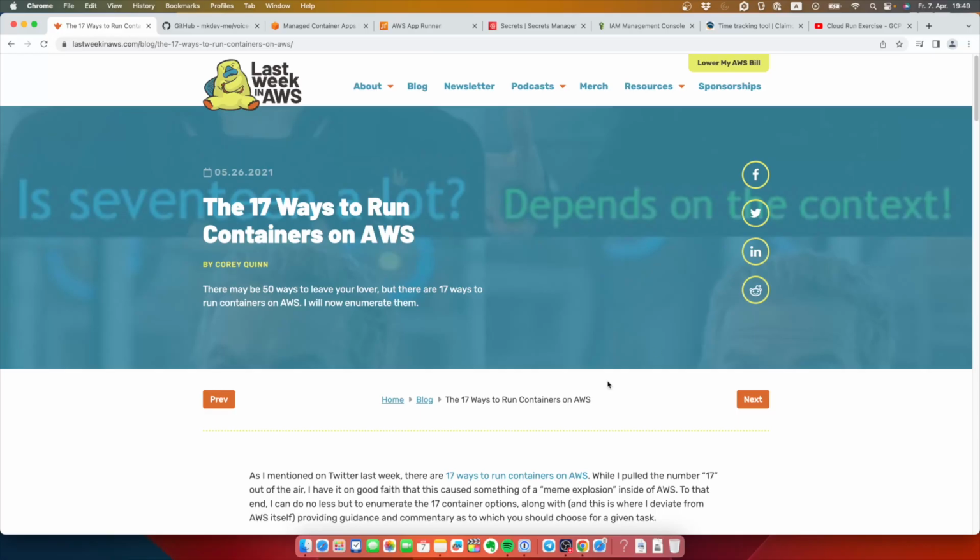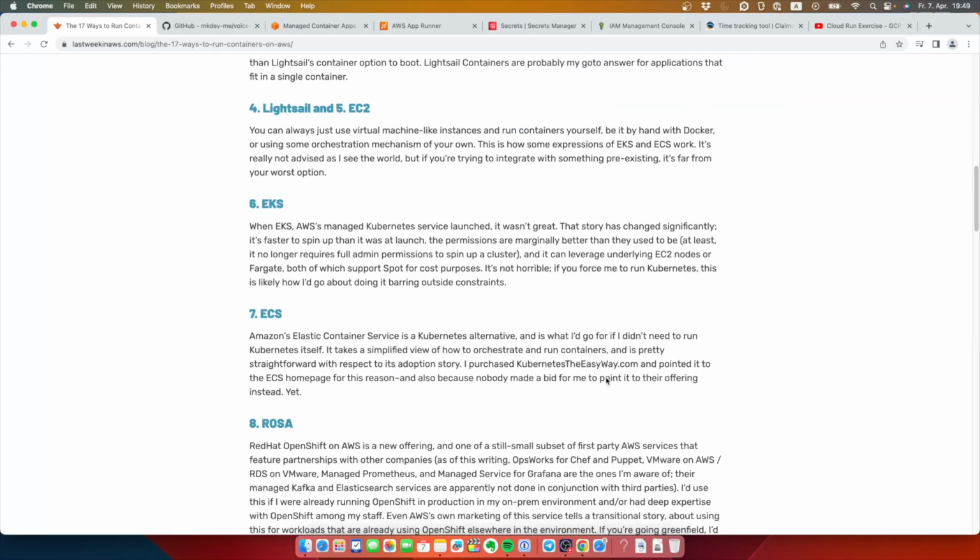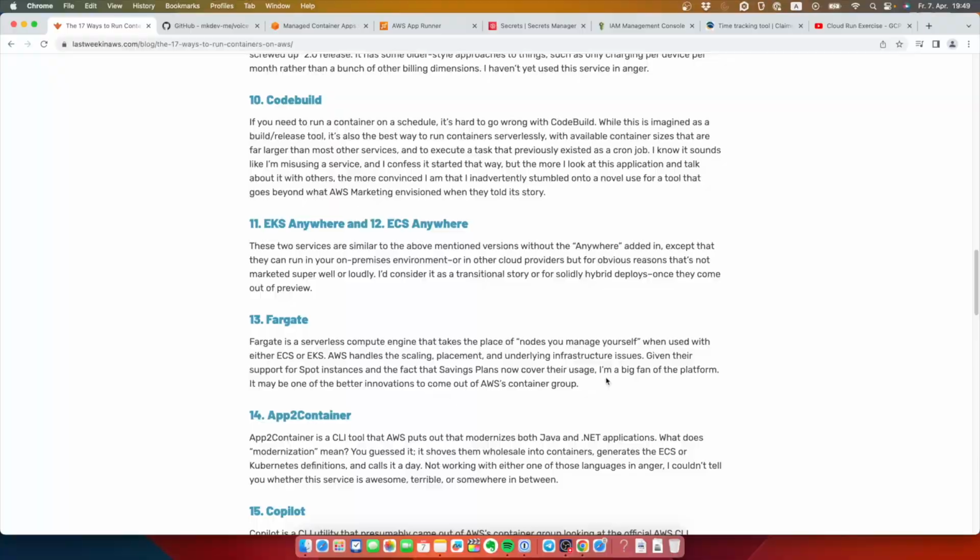Hey, let's talk about deploying applications to AWS. AWS famously has more than 17 ways to run containers. This happens when you're the biggest and one of the oldest cloud providers. The way AWS fixes this issue usually is by releasing even more services to run containers, probably in the hopes that this new way will become the way, at least for some kind of workloads.